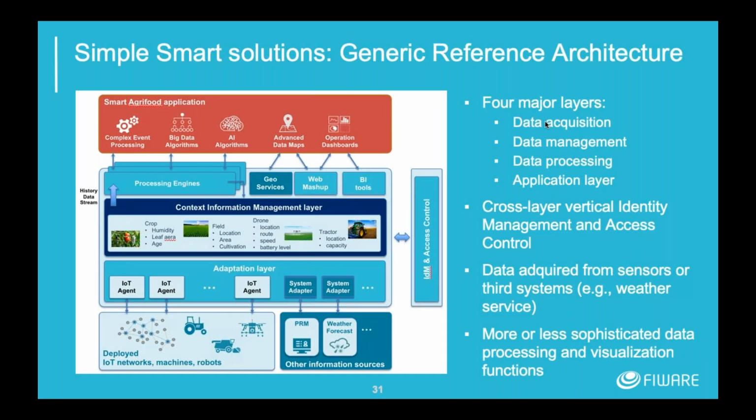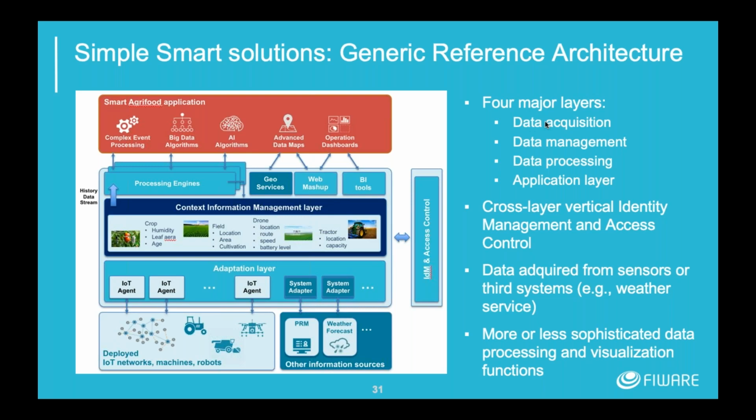Now, for our generic reference architecture, we take that 5-box system. Obviously, deployment is not necessary for this architecture. And again, you have the context broker layer in the middle, receiving data from the data acquisition layer, and then you are processing on the top. Within this particular diagram, we're doing an agricultural system. As you can see, you get information from your machines or from your crops. It goes through the adaptation layer, so that it's no longer proprietary, it's NGSI.